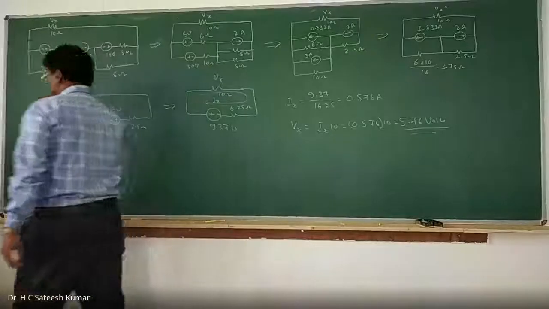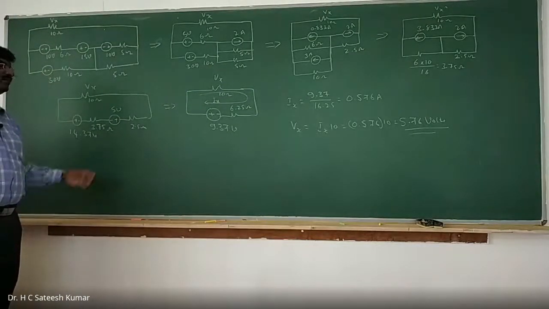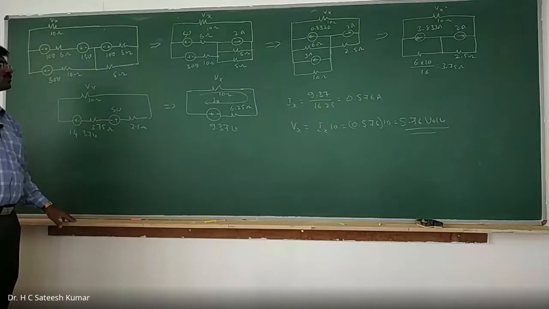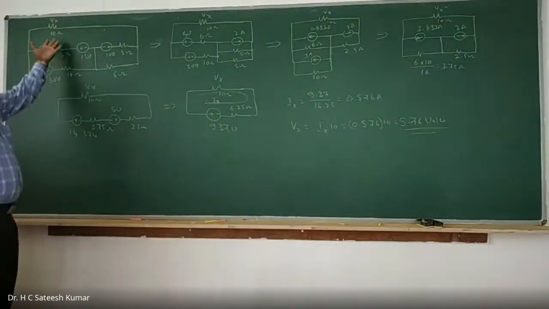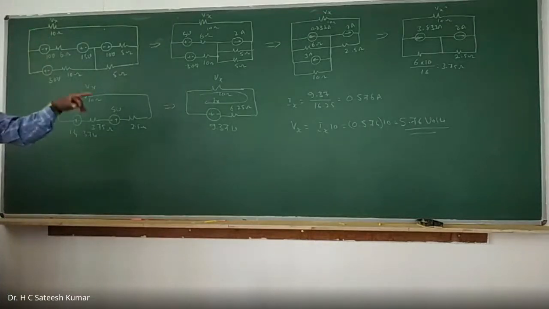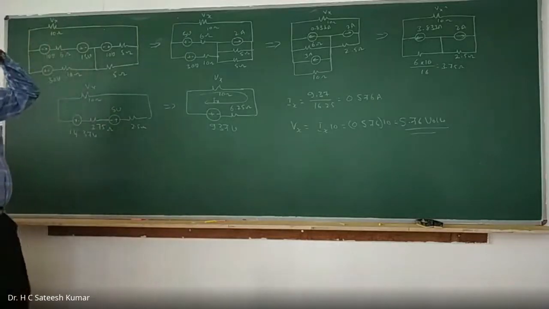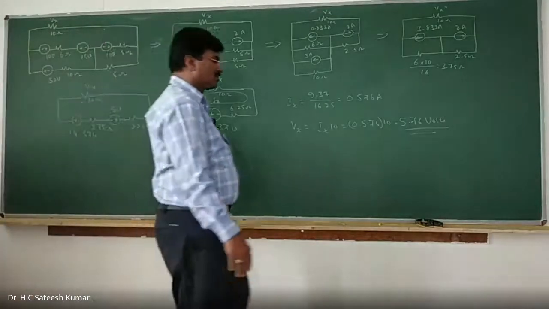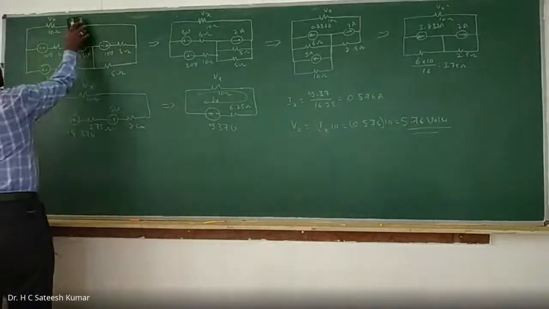right? So that's how we should do it, finding the voltage by reducing the circuit using source transformation. So if they're asking for a particular method, you'll have to use that only. For example, if you say, sir, I'll use KVL and I'll find the voltage here itself, no, you will not get marks, 0 only. You have to use source reduction. At the end, you can use Ohm's law to find it out. But don't put KVL and say you got the same answer. No, you're not supposed to do that, you will not get the marks, because he has clearly said to use source transformation to find the voltage Vx. That's how we should do it.